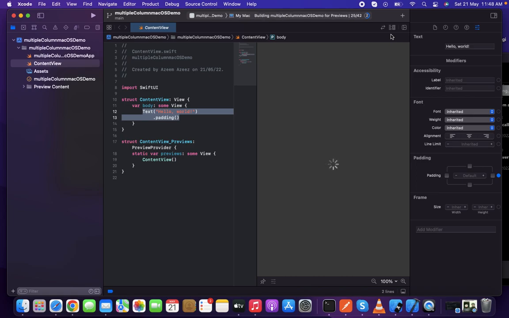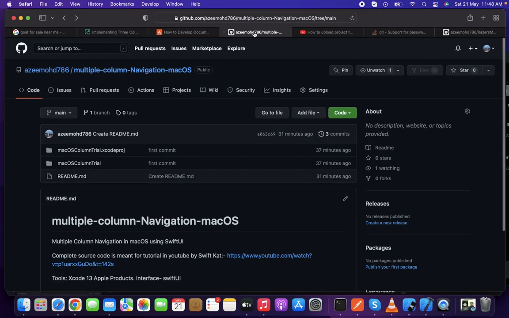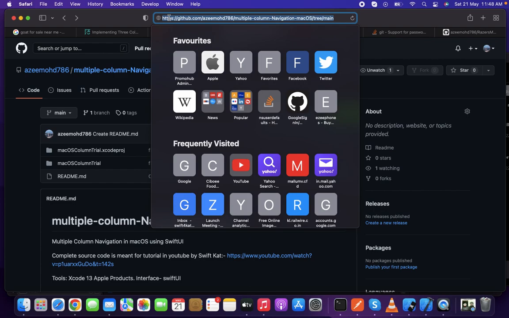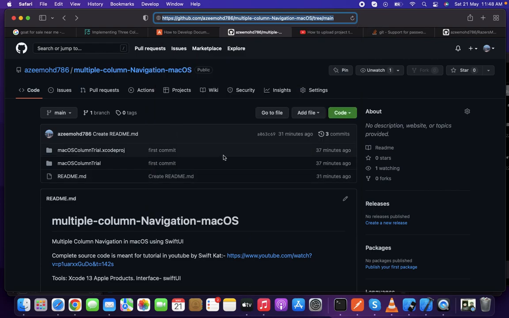And I prefer to go for the source code. I will provide the source code. Actually, I'm not going to write each and every line because it takes more time for me. So I will be giving the source code for this. If you go to the video description, I will be providing this link. You can just click that, and it goes to the GitHub repository. It's public to view for my YouTube viewers. If you go inside that, it has the macOS column trial. So if I click that,